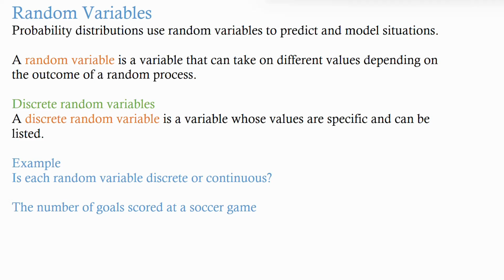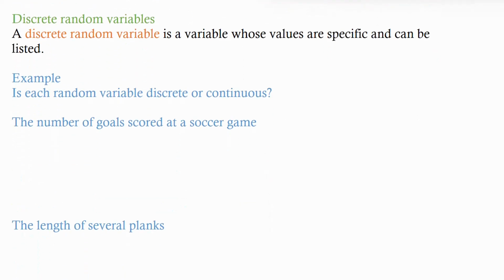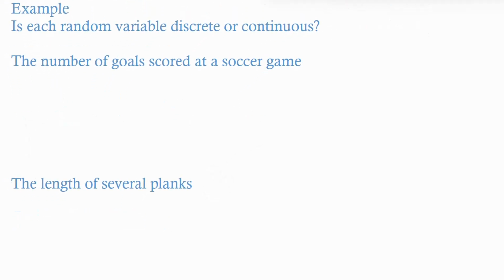If you remember back to junior probability, usually you have continuous and discrete. Discrete is whole numbers and continuous includes decimal places. For an example here, we've got two types of variables, and we're going to mention whether they're discrete or continuous. The number of goals scored at a soccer match could be, for example, 0 goals, 1, 2, 3, 4, and so forth. So you would say that that's a discrete random variable